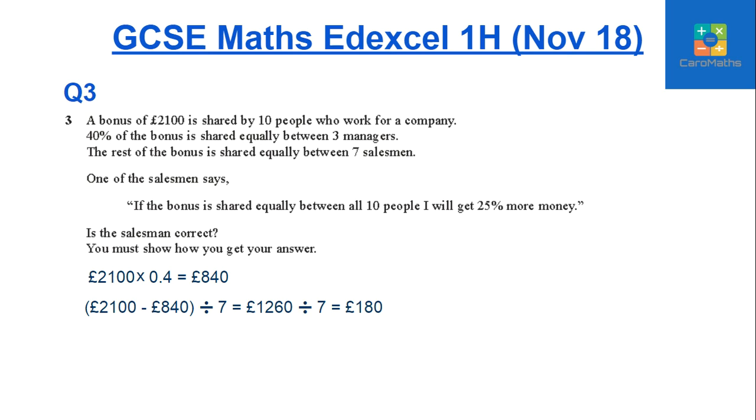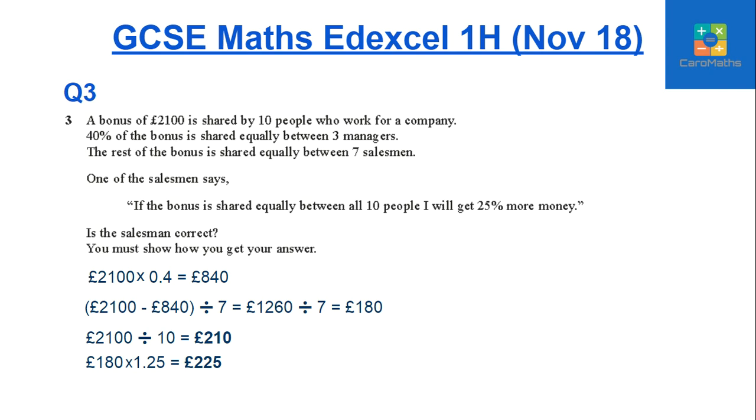And now it says if the bonus is shared equally between all 10 people, so we take £2,100, which is the total bonus, and divide it by 10. So if it was shared between 10 people equally, each person would get £210. And he is suggesting that he would get 25% more money. So at the moment, he's getting £180. So we need to work out what is 25% more money from £180. So £180 times 1.25 is equal to